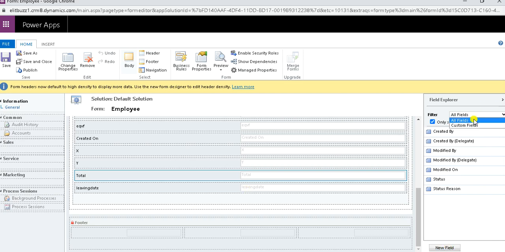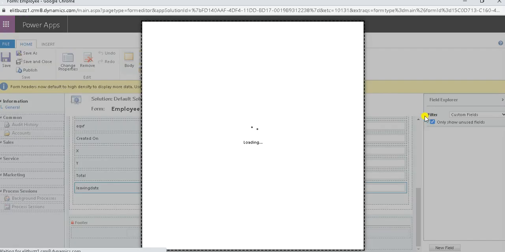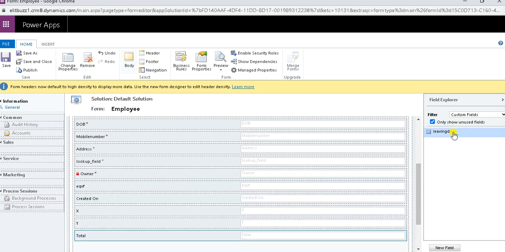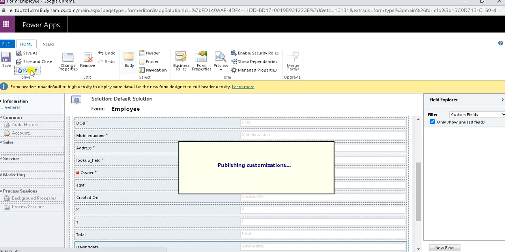So custom field shows the fields which I have created as a developer, and these are not system fields. So this one is a custom field. So it was like this. Once I double click on it, it will be added to the form. Then I have to save and then I have to publish it.